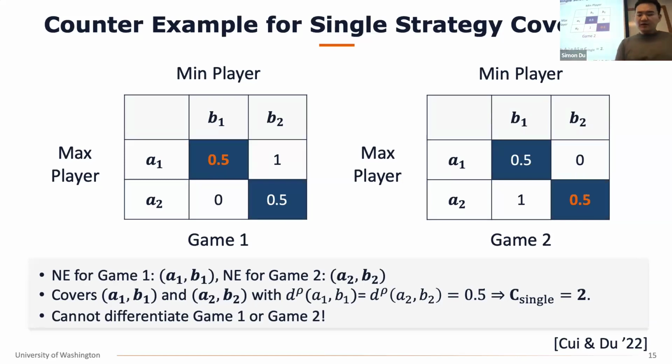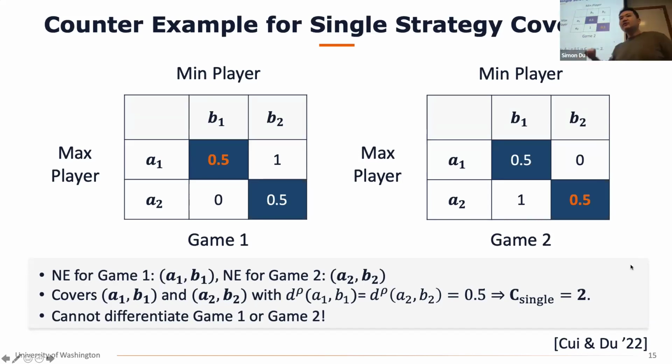Okay, so that's the two games, and let's consider a data set which just covers A1, B1 and A2, B2. So it does cover the Nash equilibrium in both games, right? Because you do have data from the Nash equilibrium. You have A1, B1, and you also have A2, B2. And your data set is like this: you have a lot of data saying if you choose A1, B1, you get reward 0.5. If you choose A2, B2, you get reward 0.5 as well. Here you can also compute the C star. The constant is also upper bounded by 2.